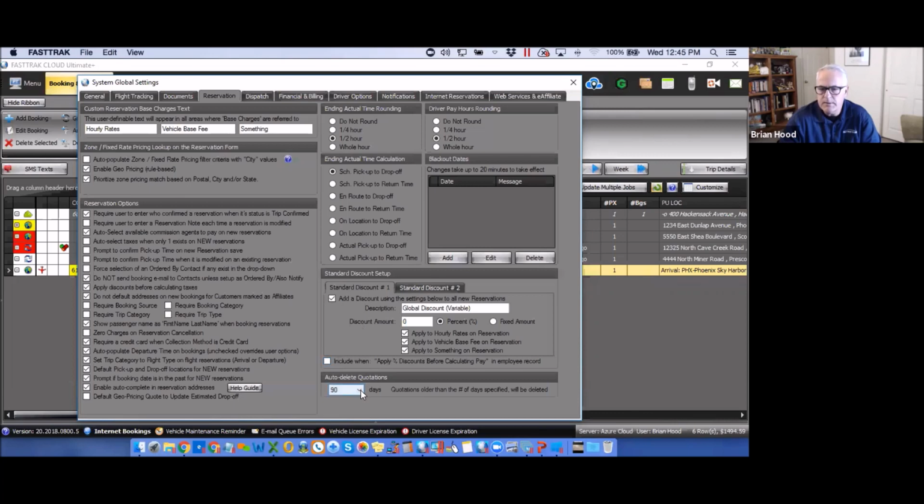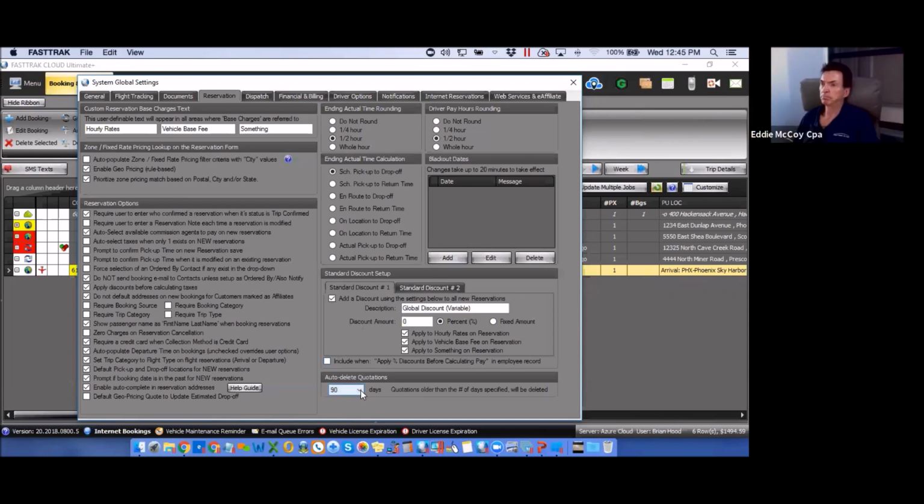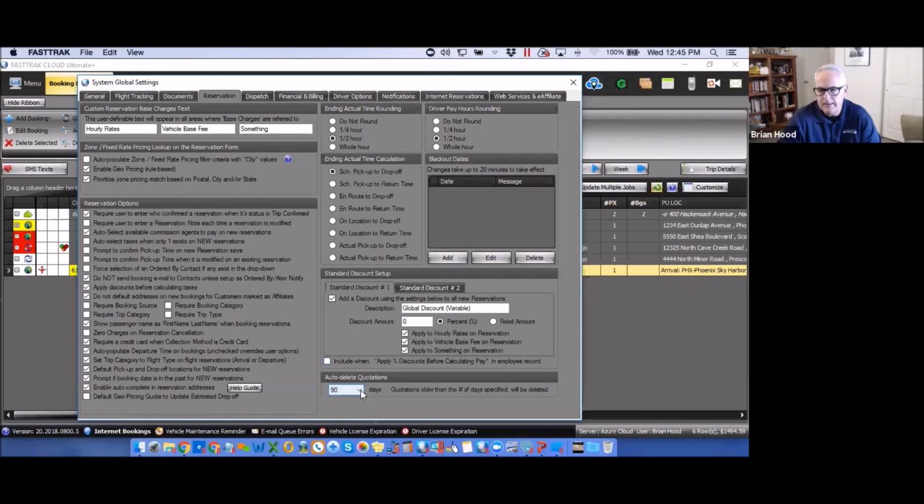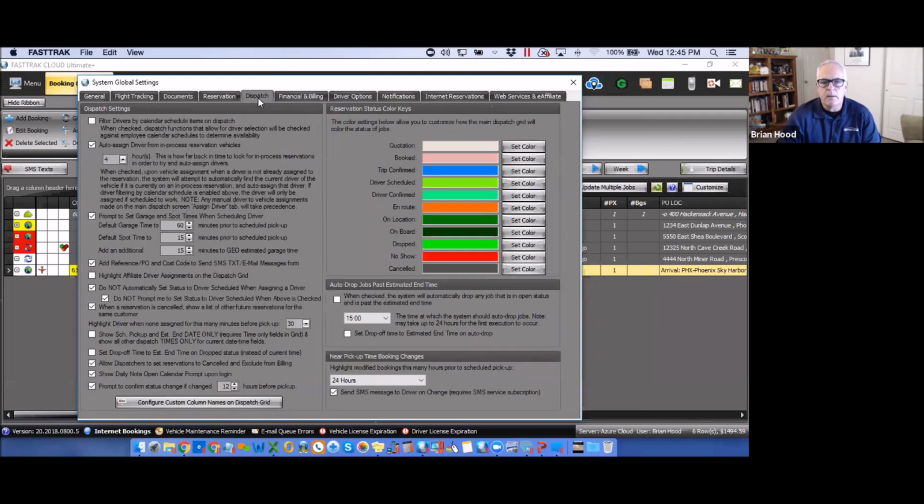Delete quotations. What this does is quotations that are more than 90 days past the scheduled pickup time will be deleted. You have the ability to change those things in there. Dispatch, these are general functions within the dispatching area. All of these settings in here,